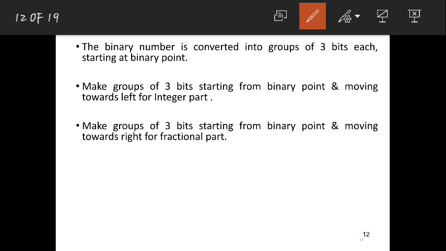For the fractional part, what you need to do is, see, here is a point. Before the point, you will take 3 zeros here. Instead of taking from the left side, you will start taking from the right side. If you have 0 1 0 1, you will take these 3 bits. Then if you have only 2 bits, like 0 0 1 0 1, here also you need to take 3. So you can't add 0 to the left side here, you should add 0 on this side.